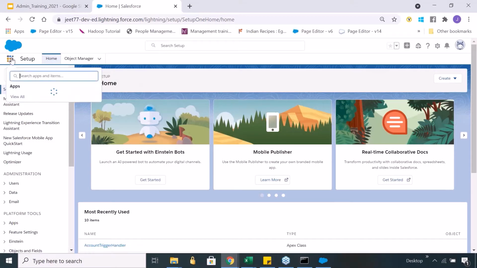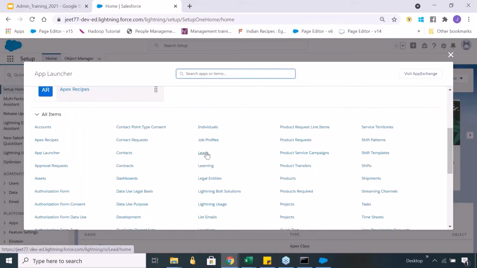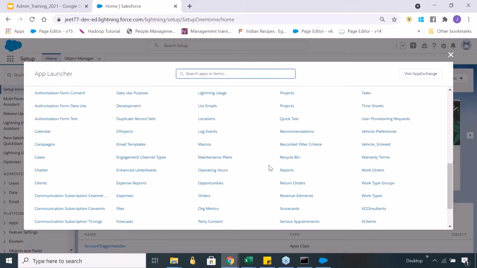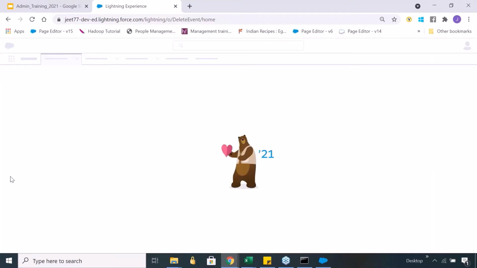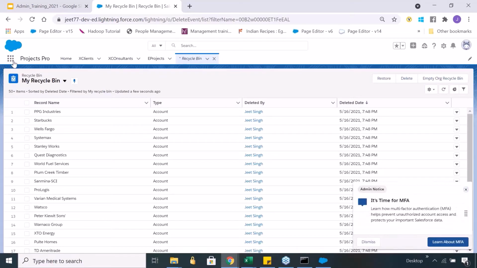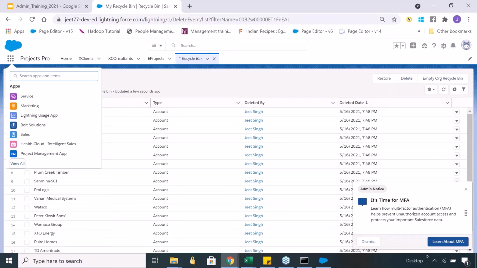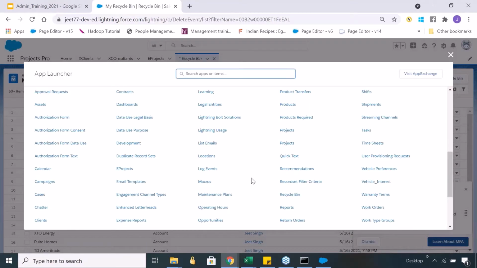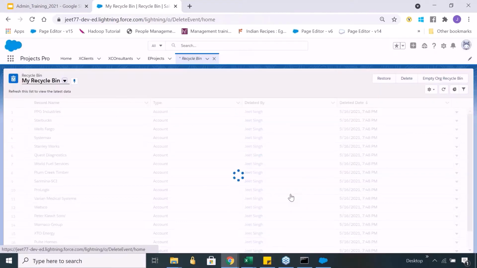So you can go here, click on view all. Click on recycle bin. So to go to recycle bin, you can actually click here and go to view all. From here you can search for recycle bin. Here it is. Go to recycle bin.